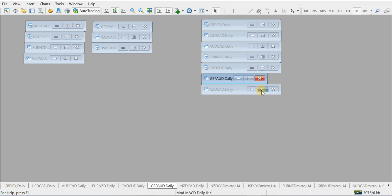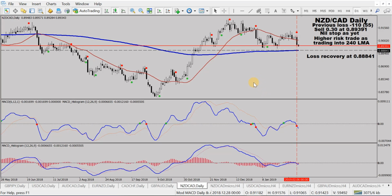The other trade, New Zealand CAD, new sell signal this morning. I was in a buy from somewhere in this area here, and it went sideways basically. Then on New Zealand news yesterday, down. I think it was New Zealand news. Could have been CAD news. Oh well, it's gone down. So I closed my buy trade for a loss, which was about